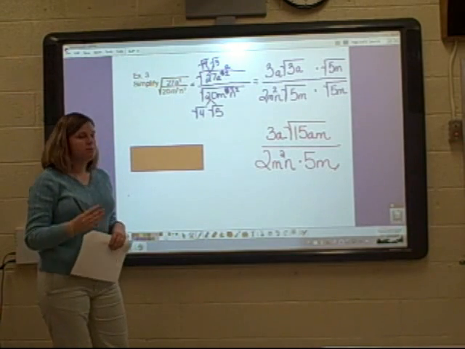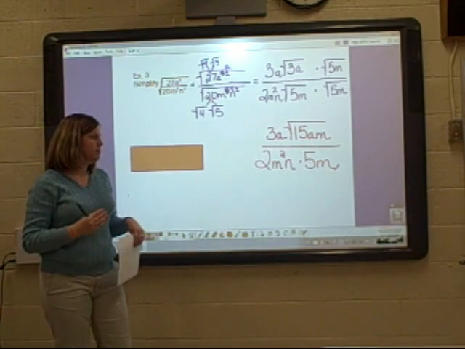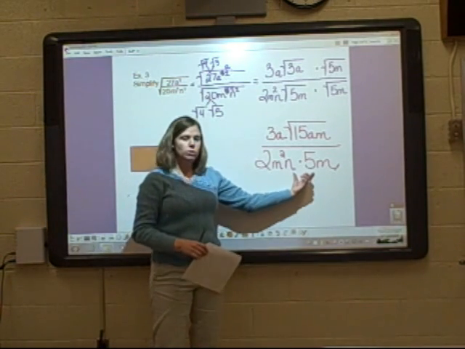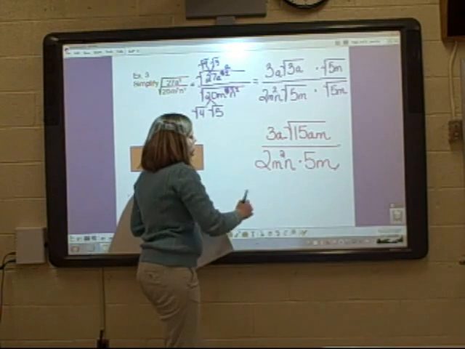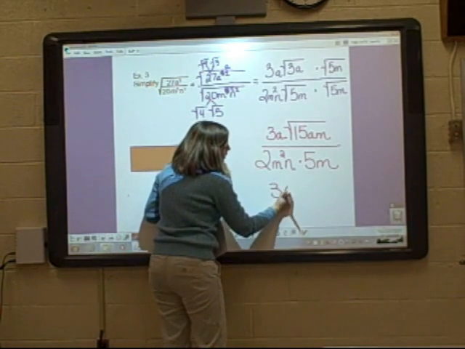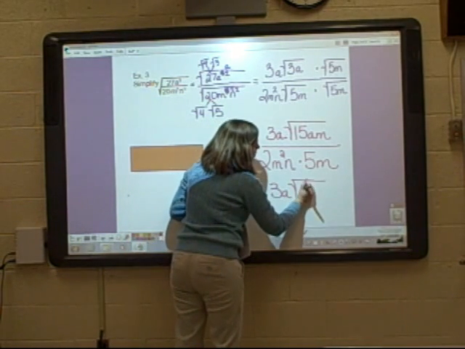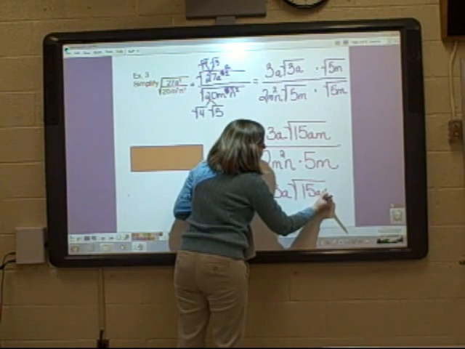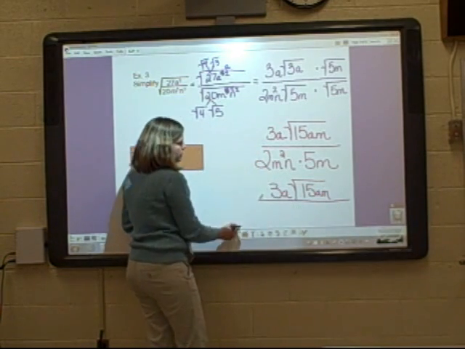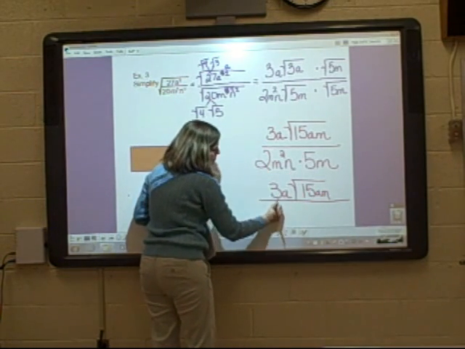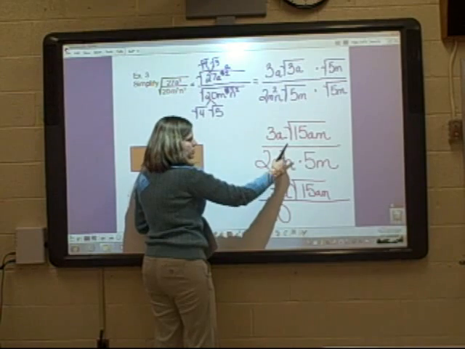Now to make this look a little bit better and to make it simplified all the way, I actually want to multiply this out. So my numerator would be 3a times the square root of 15am all over 10. M squared times m is m to